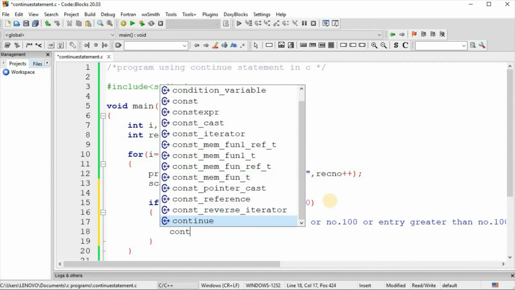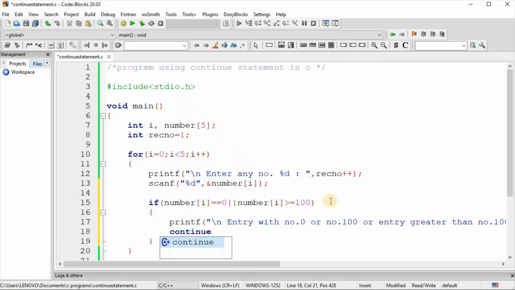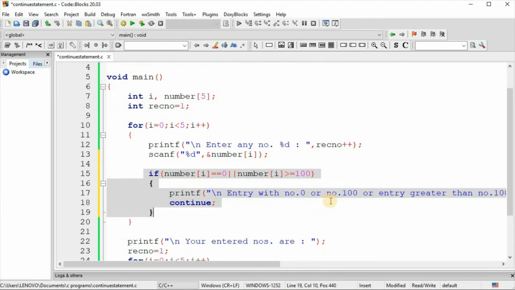And here the continue statement or continue keyword. Copy this